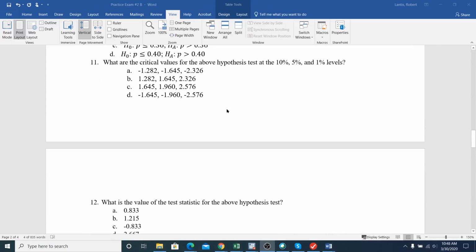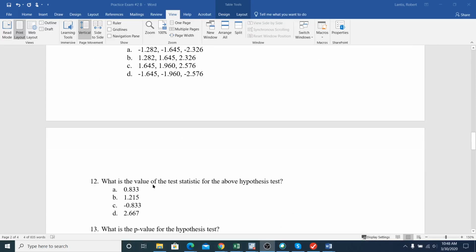Okay, so we've got our critical values. And the next thing we do is find our test statistic. Now, honestly, I think calculating the test statistics should be some of the easier points in this exam, because really it's only identifying what equation you need to use. And if you see this word test statistic,